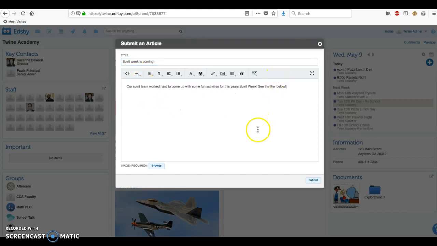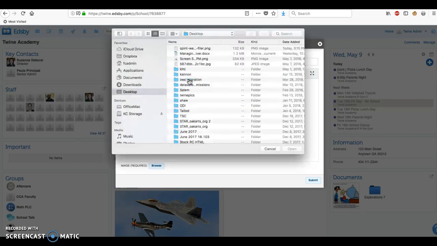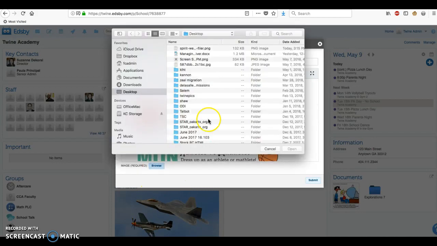And I have a flyer I have prepared. You can insert resources from your computer, your Google Drive, or add a link or video. I have this on my computer. So here is my flyer. I'm going to paste it right into the body. And then I am going to go select my image for the news feed